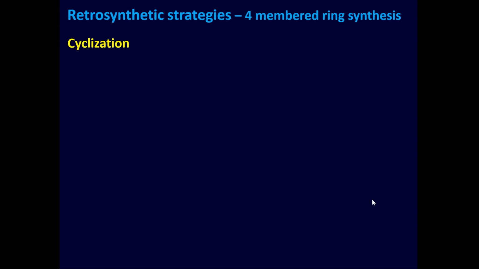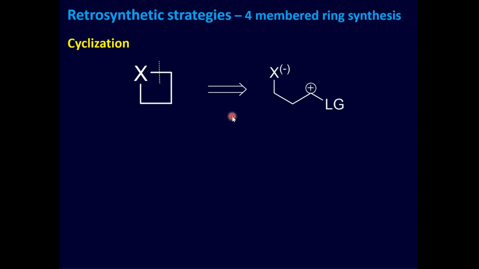The first and foremost approach for synthesizing four-membered ring systems is cyclization. If I have a four-membered ring system with a heteroatom, I'll break the molecule adjacent to the heteroatom. This is the general strategy we follow in the C-X bond disconnection approach, and the same strategy can be followed here. If I break the C-X bond,